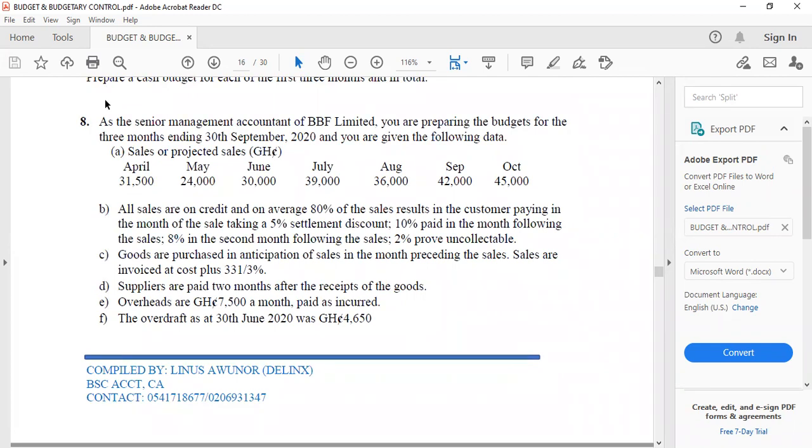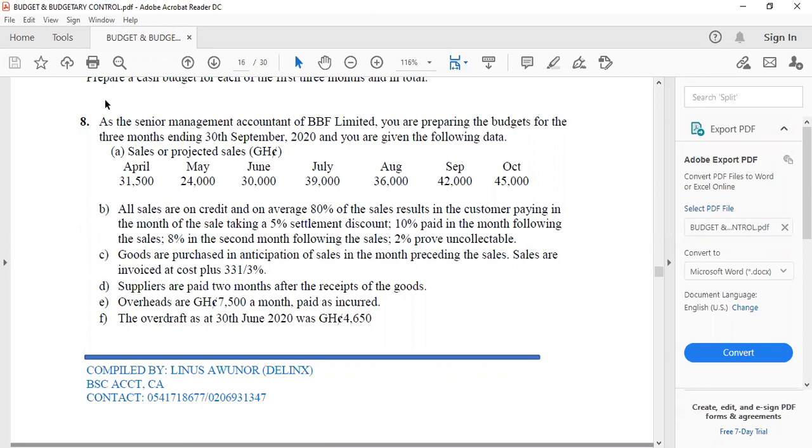As a senior management accountant of BBF Limited, you are preparing the budget for the 3 months ending 30th September 2020, and you are given the following data. Projected sales: April is 31,500 and so on. All sales